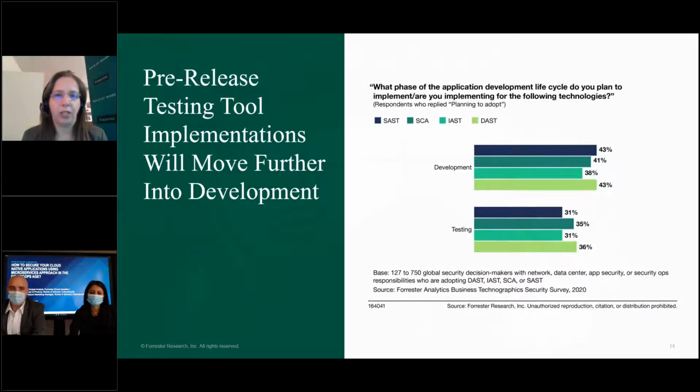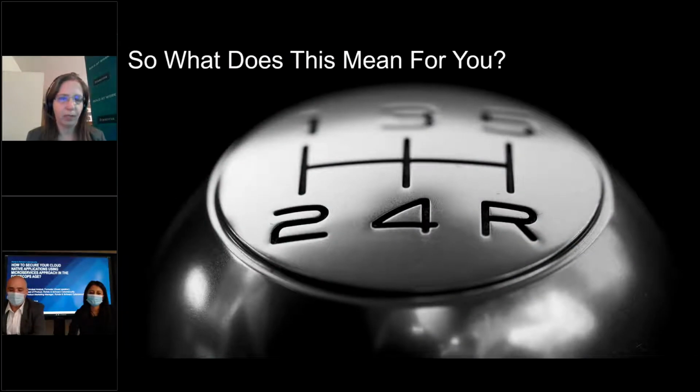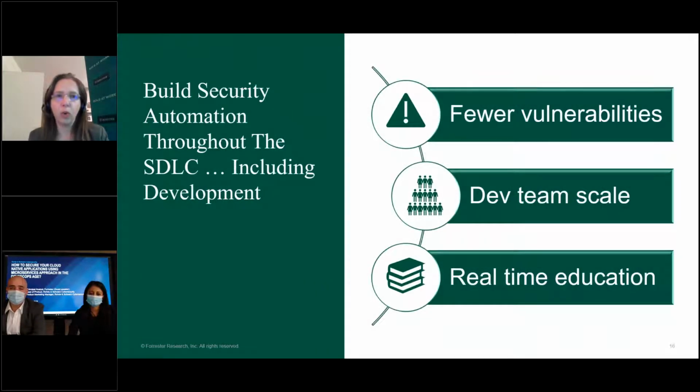So, what does this all mean for you? Couple of key points. One, we've talked about this integration between security tooling and the CI/CD pipeline. At a higher level, this is really about building security automation throughout the software development lifecycle, including as early as development. By integrating with IDEs, integrating with build tools, and automating those processes so that alerts are more automated, so that fixes are checked regularly, and the right people are informed in a much more automated manner, you're going to see fewer vulnerabilities. You're going to be able to scale your development team, and you're going to help educate your